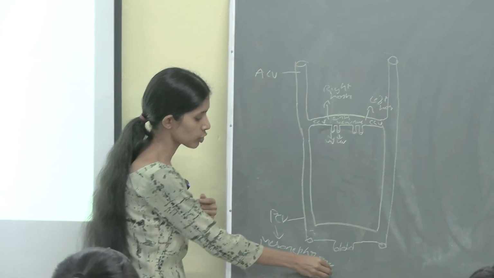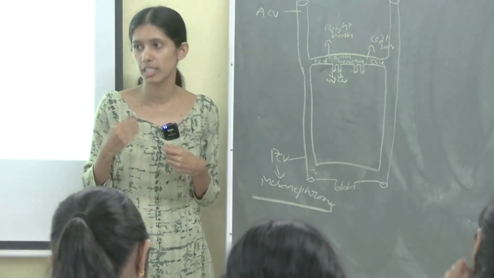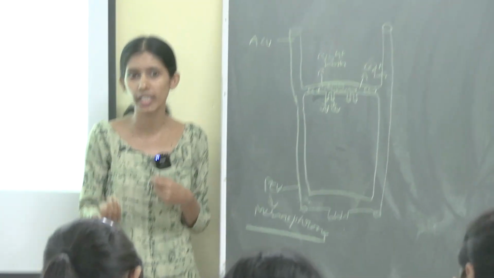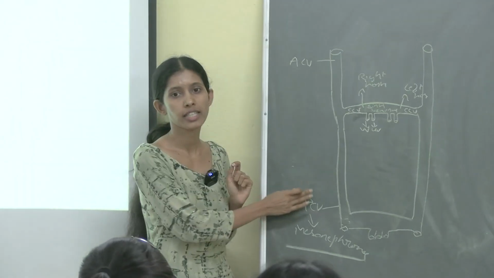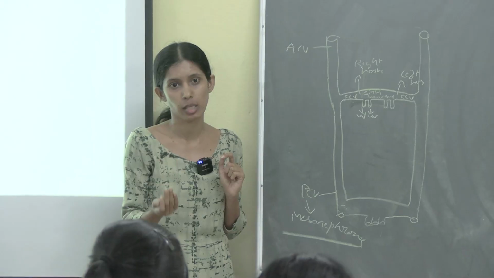So once your mesonephron starts disappearing or degenerating, along with your mesonephrons, your posterior cardinal vein will also disappear